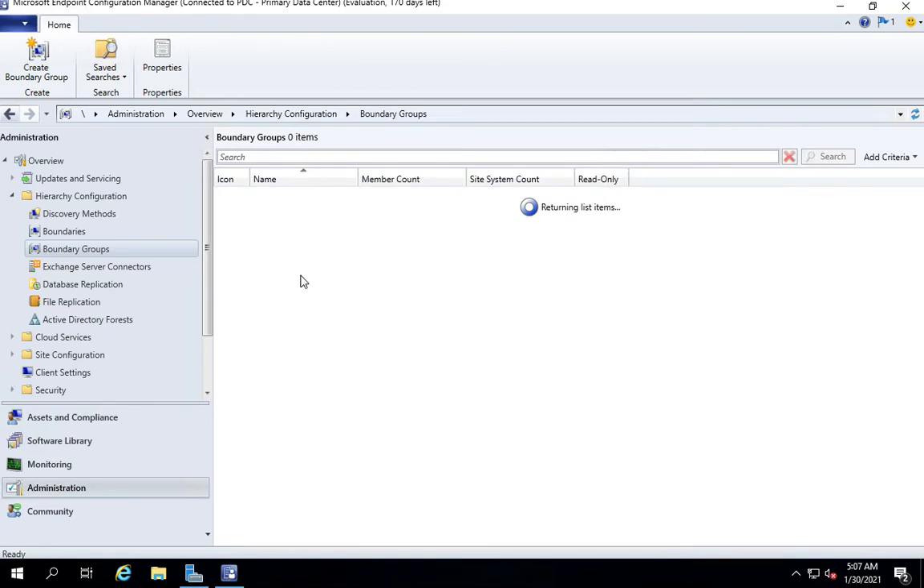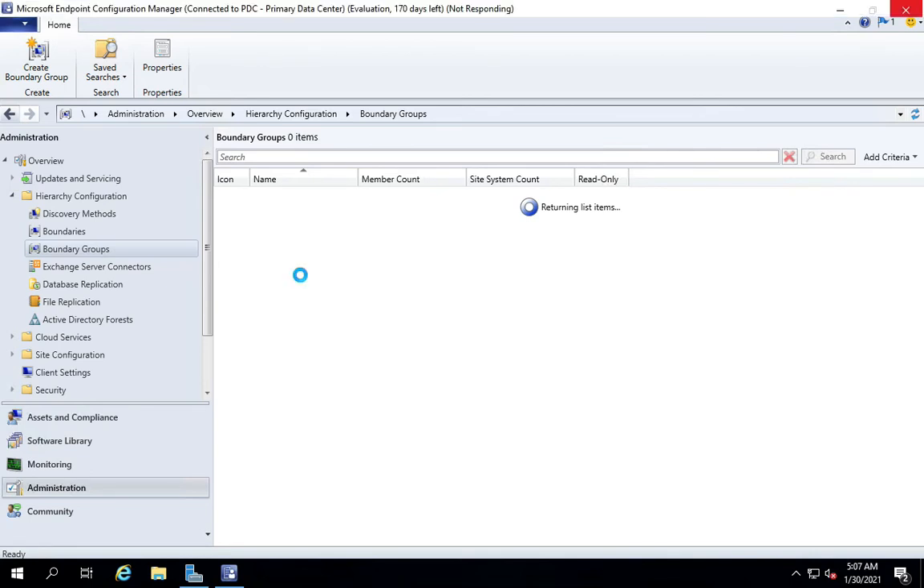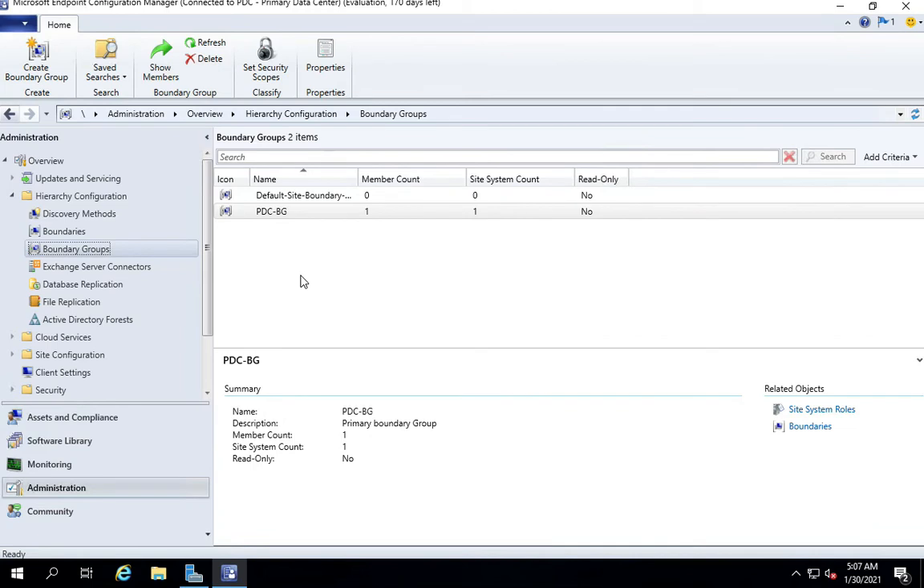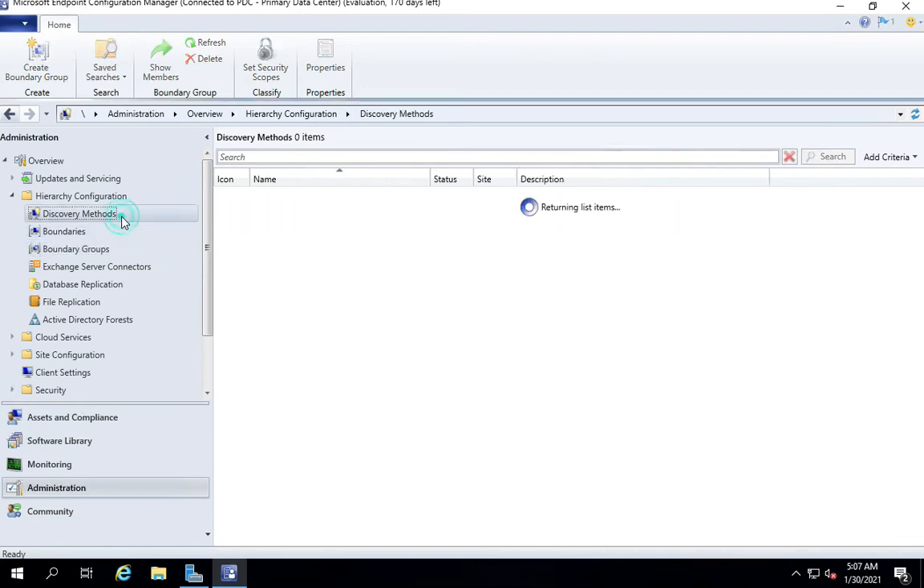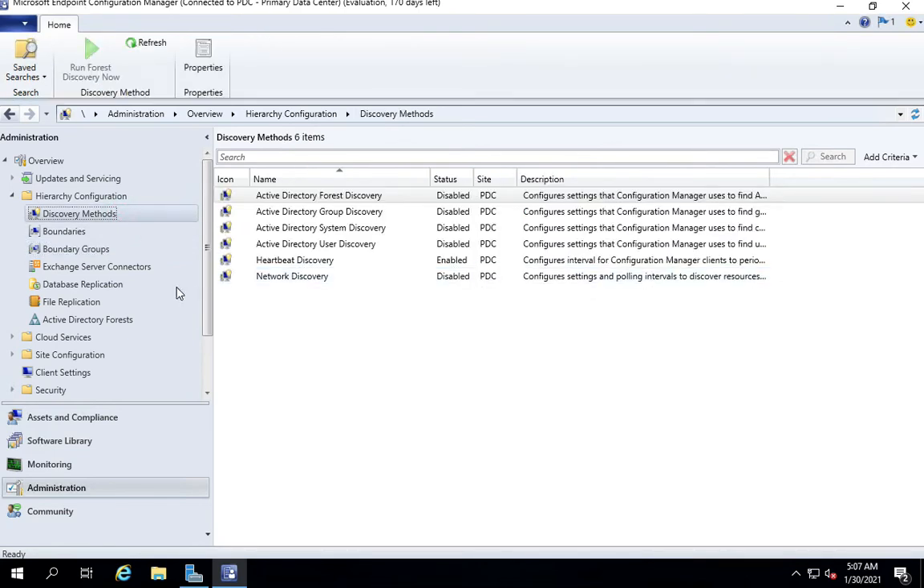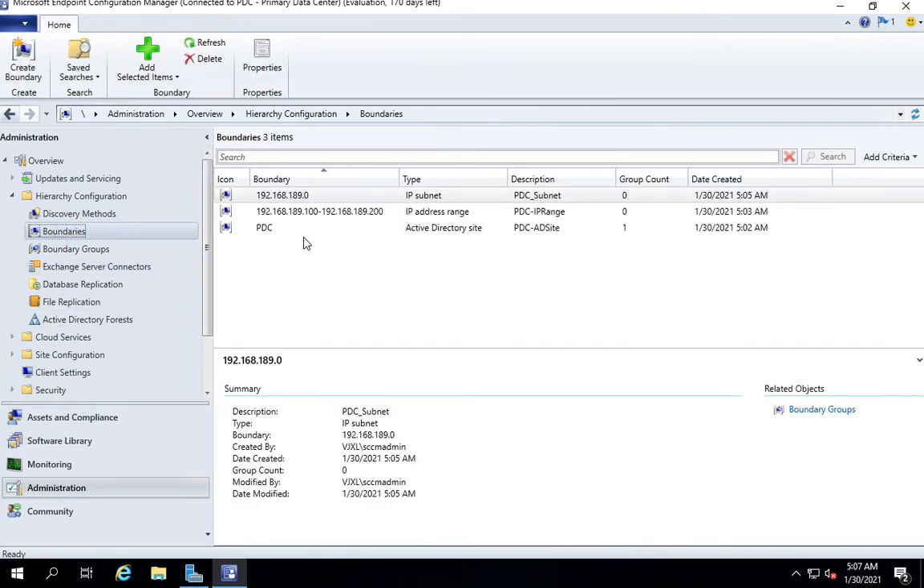So now if I were to deploy an application, the management point would know exactly where that policy has to be sent, and the distribution point would know exactly where the binaries of that application have to be sent and installed. In the next videos, we'll learn a little bit about the discovery method. However, coming back to boundaries,